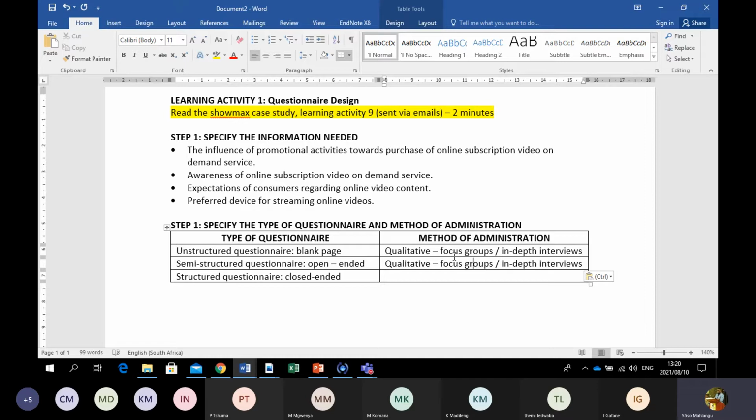Same thing with open-ended questions, you can use that in a focus group. In quantitative studies, which we are using now, we can only use a structured questionnaire. This is because we interview a lot of people, a large number of respondents, a large sample size. So we cannot afford to spend more than 15 minutes with one respondent, or spend hours with respondents. That's one